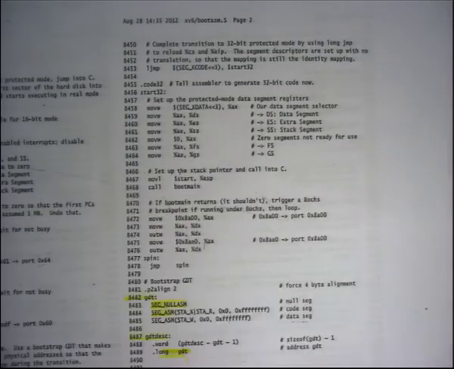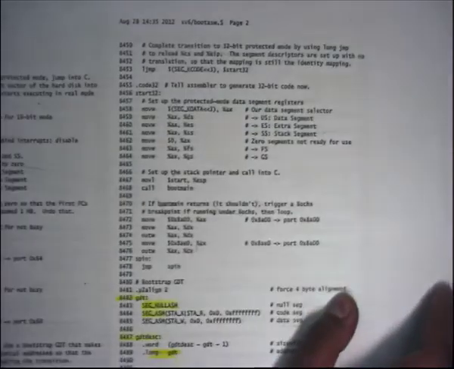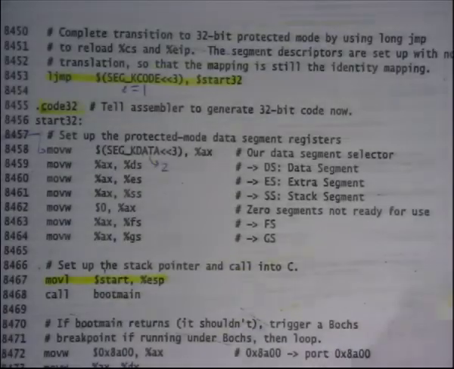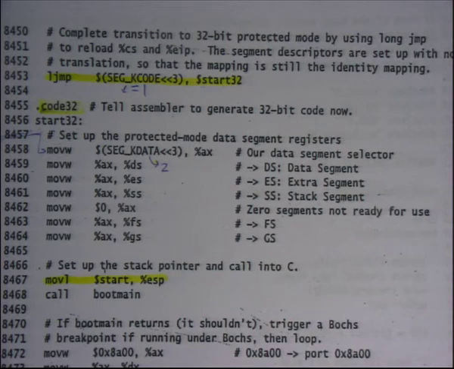Okay, so I have moved into 32-bit mode, but there's one more thing that the x86 architecture requires you to do, which is to switch. Right now, I changed control register 0 to say that I want to execute in 32-bit mode, and then I executed this instruction called ljmp, long jump.